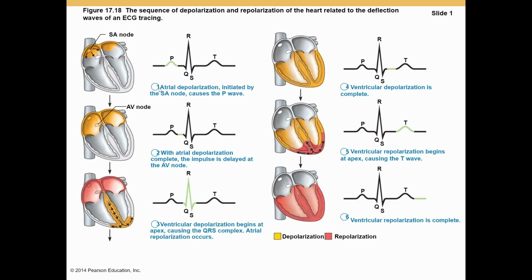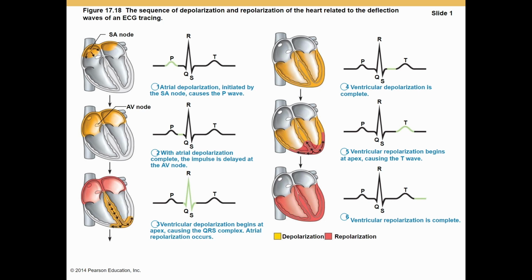So again, at the P wave, the atria depolarize. That signal is going to be initiated by the SA node. It not only causes the P wave, but leads to a contractile force spreading through the atria. As the atrial depolarization completes, the impulse will be delayed at the AV node right before the QRS complex. Then we will have the signal go from the AV node to the AV bundle, and that will begin ventricular depolarization. That's going to initiate the QRS complex, and the atria during this stage are relaxing